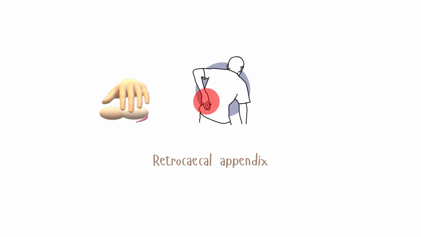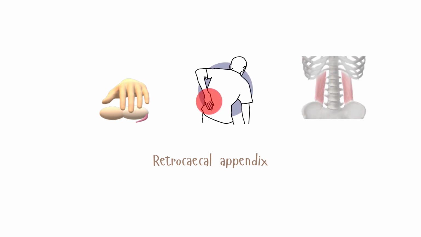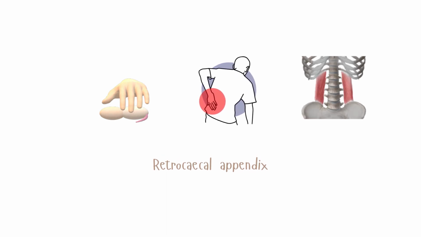When the appendix is in the retrocecal position, rigidity is often absent, and even application of deep pressure may fail to elicit tenderness. The reason being that the cecum, distended with gas, prevents the pressure exerted by the hand from reaching the inflamed structure. However, deep tenderness is often present in the flank region, and the rigidity of the quadratus